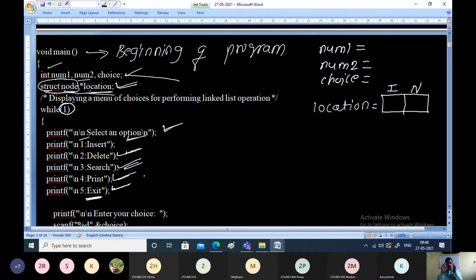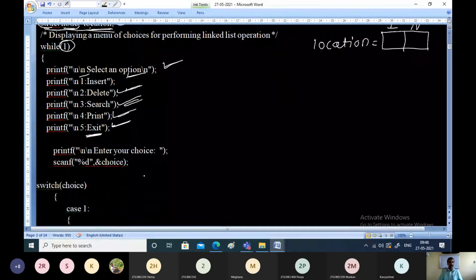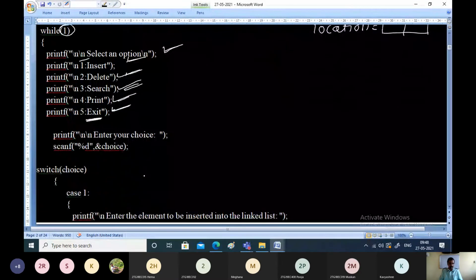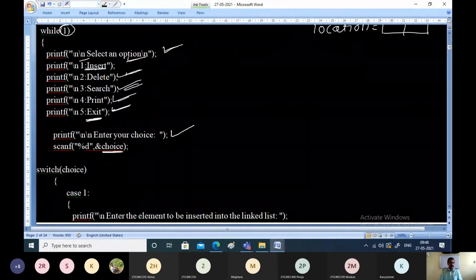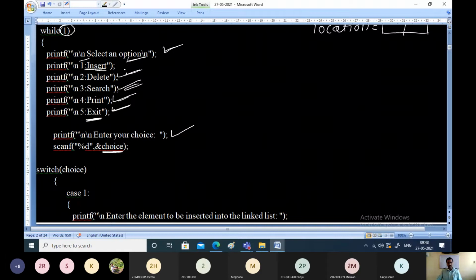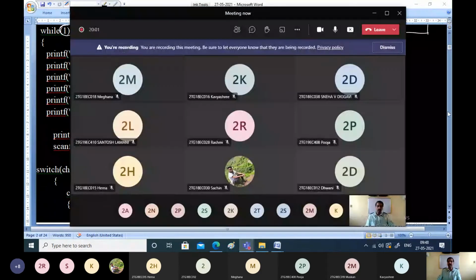This choice will be displayed to the user, and the user has to select one choice from the given options. Then we are asking the user to enter their choice, and that will be stored in a variable called choice. As the linked list has started just now, let us take choice 1. Assume that we have given choice 1 and we want to create the linked list.